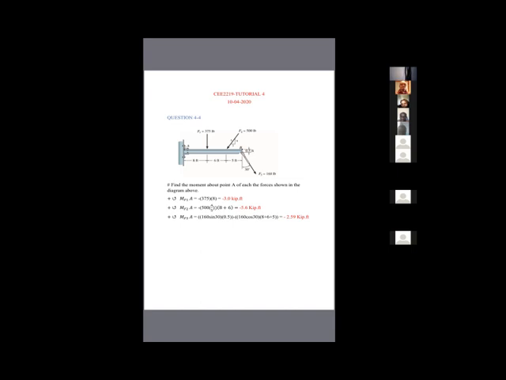So direction here tends to be clockwise, but then our initial assumption was that we are going to take all anti-clockwise moments to be positive. Okay, so because of this, we're able to see that the magnitude of the moment takes up a